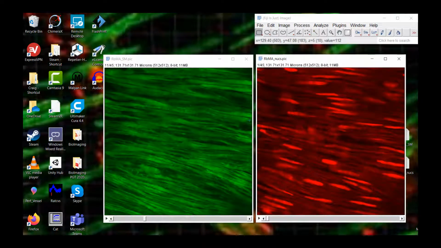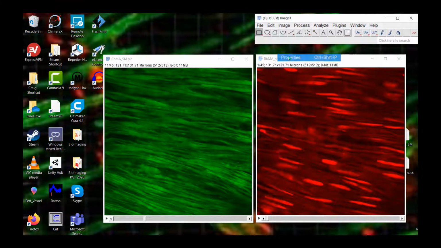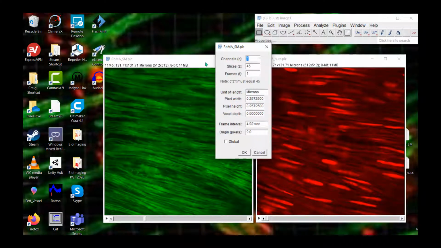So the first thing that we really need to do is to check the properties, make sure ImageJ's got the right sizes. So we're going to find somewhere the image properties. Here we are. Tells us that we've got one channel here. It's the smooth muscle channel, the green channel. It's 45 slices. Importantly, what I'm looking for here is that the pixel sizes are correct, and more importantly, the volume depth.